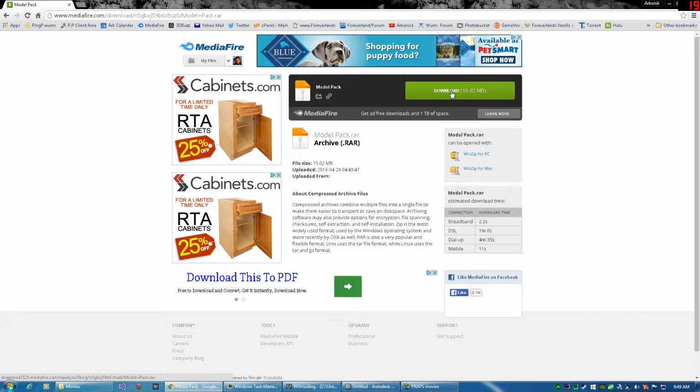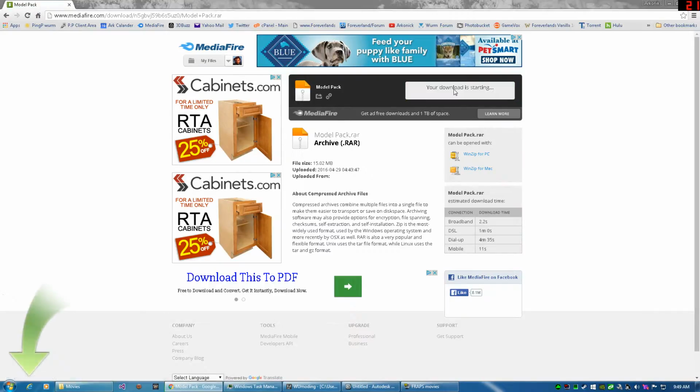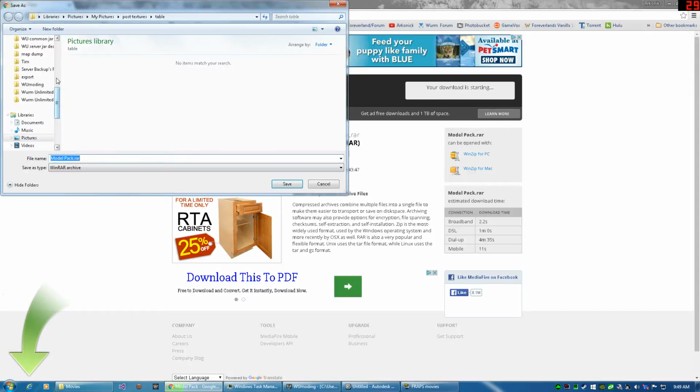And what we'll want to do, we're looking for the model pack 15.02 megabyte. Make sure it says that. If not, refresh your page so it will show the newest pack. So we're going to download this, and what I'm going to do,